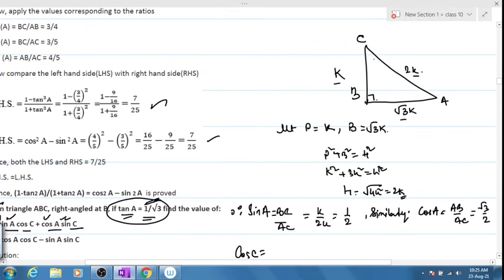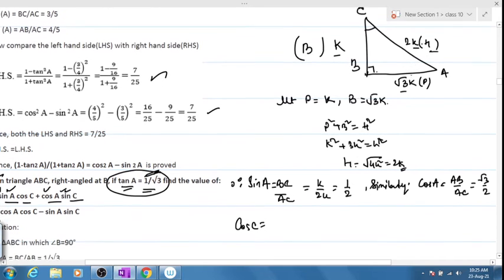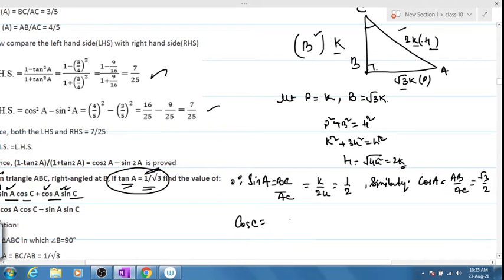Now look very carefully. This is now C, this has become the perpendicular, this has become the base, and this will always remain the hypotenuse irrespective of the angles. Clear? Now what will be cos C? Base by hypotenuse, BC by AC. Again 1 by 2 we are getting. Any doubt in this much? Yes sir, no sir. And sin C will be how much? AB by, very good, AB by AC. Clear? How much? Root 3 by 2.